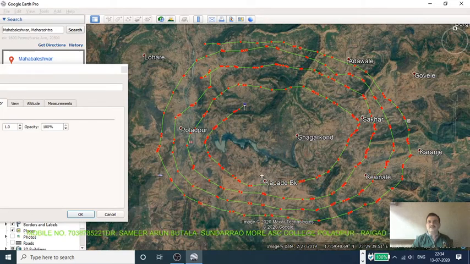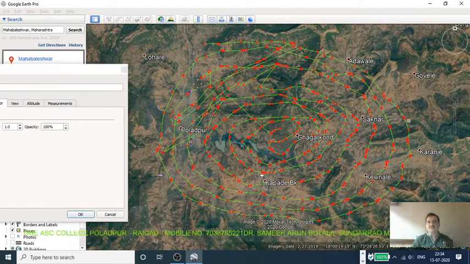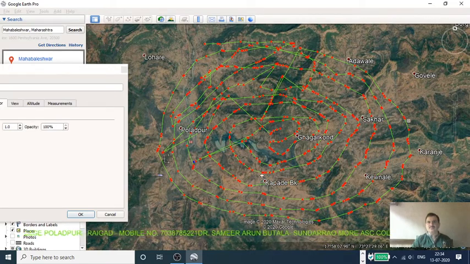In this way, just make a dot here and cover most of the area with points. We take a random number of points and cover most of the area.